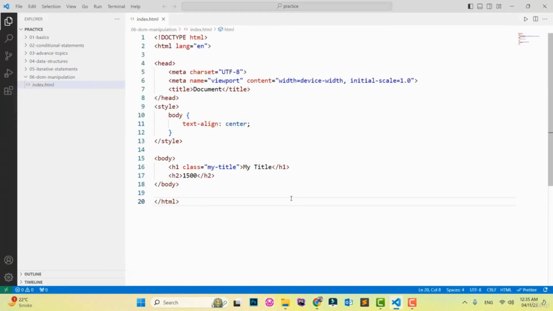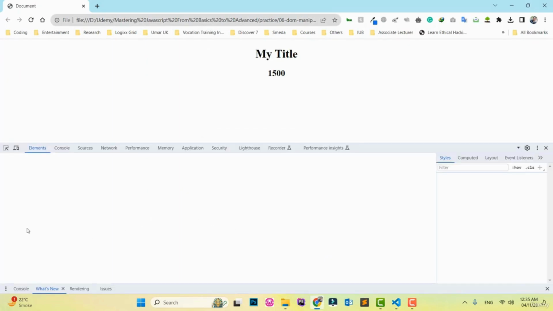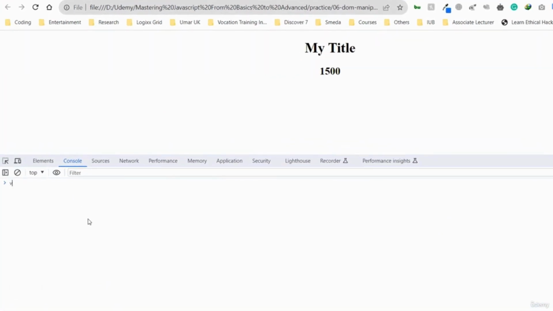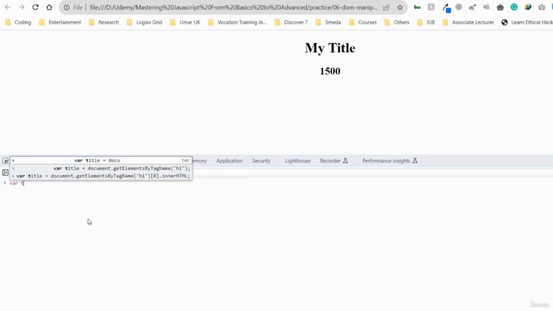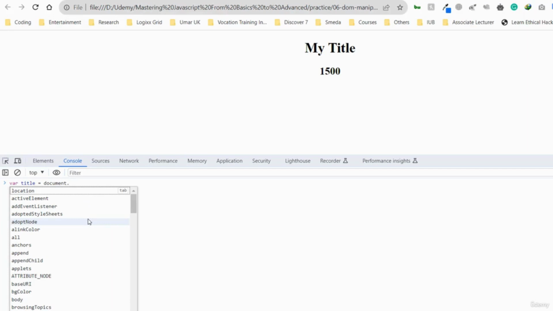Open the text editor again. Now let's open our browser. Let's click on inspect element, and here we have this console. Let's take a variable with the name of, let's say, title, and let's use document dot